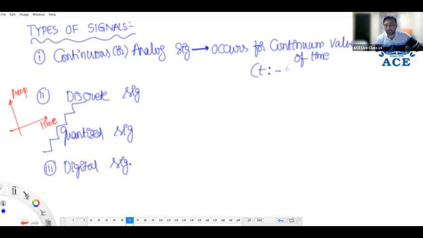As the time is varied from minus infinity to plus infinity, at every instant we know the amplitude of the signal. It occurs for continuum values of time. That is one style. Another style,